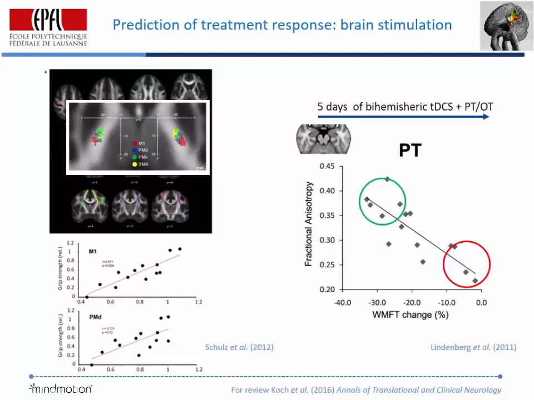And it's a small study, however, you can see that the patients who had a relatively spared, relatively well intact corticospinal tract improved much better from this type of treatment than the patients who had a significant lesion in the corticospinal tract. And maybe later on we might even get into more detail, because these methods